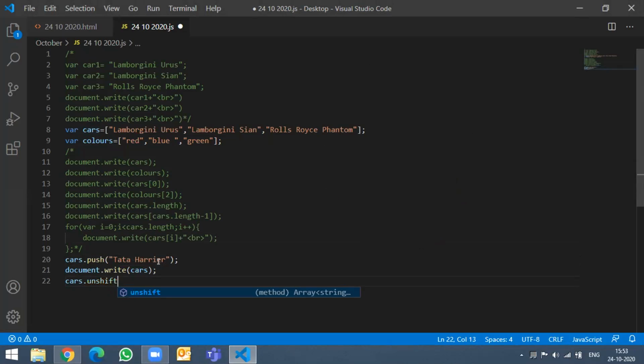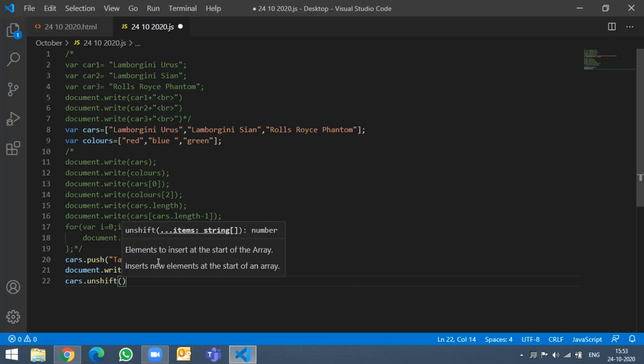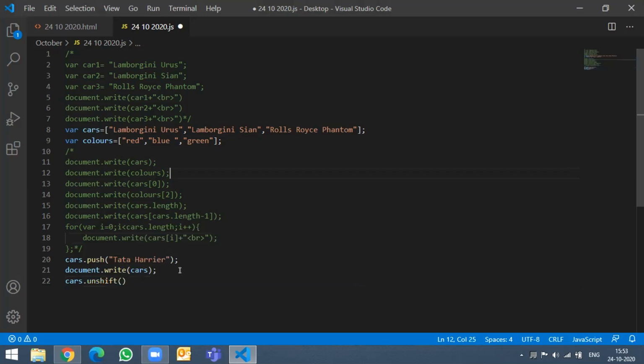Unshift. And similarly, give a new car name. Just think about a new car and just give it over there.